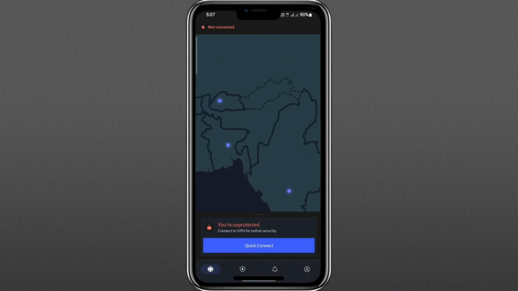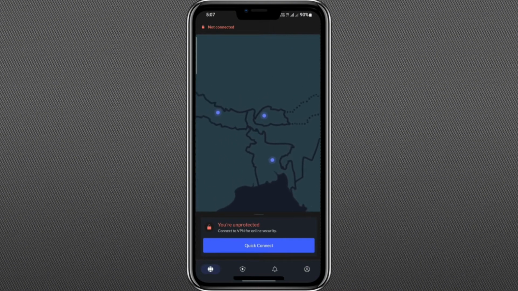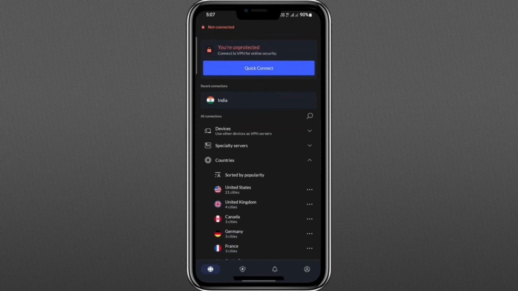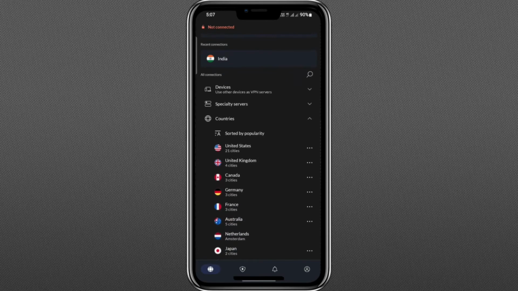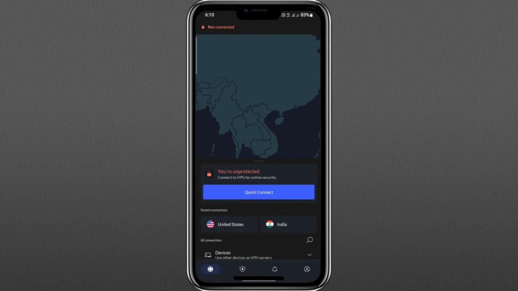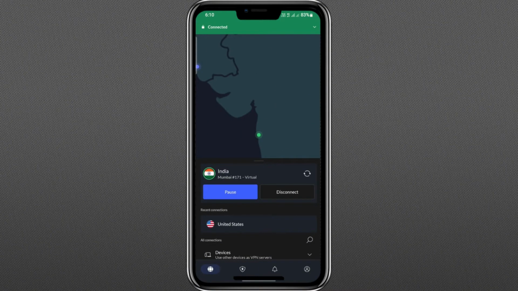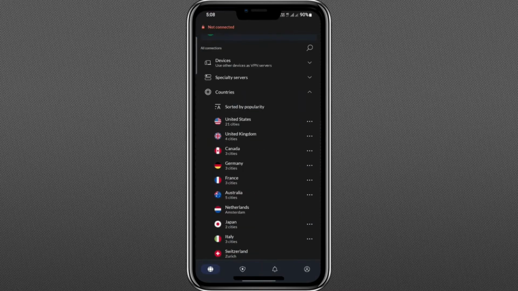These icons indicate countries, not individual servers. Within each country, there are multiple regions, and within those regions, there are several servers. This layered structure offers a lot of options. Tapping the Quick Connect button will connect you to the most optimal server for your location and connection. You can also tap any of the country icons on the map to connect to the best available server in